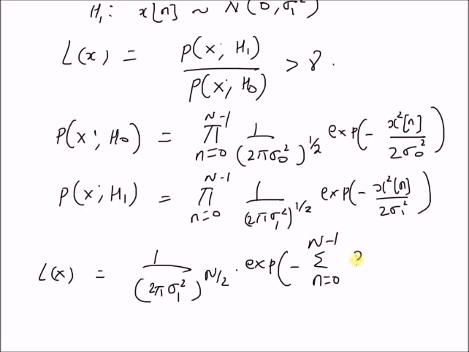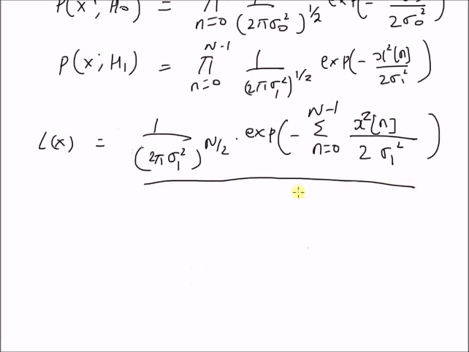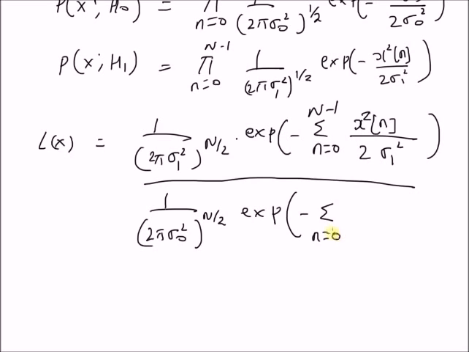So, we have x square of n over 2 times sigma 1 square, and the denominator is (1 by 2 pi sigma naught square) whole power n by 2 multiplied by exponential of the summation n equal to 0 to n minus 1 x square of n over 2 times sigma naught square is greater than the threshold